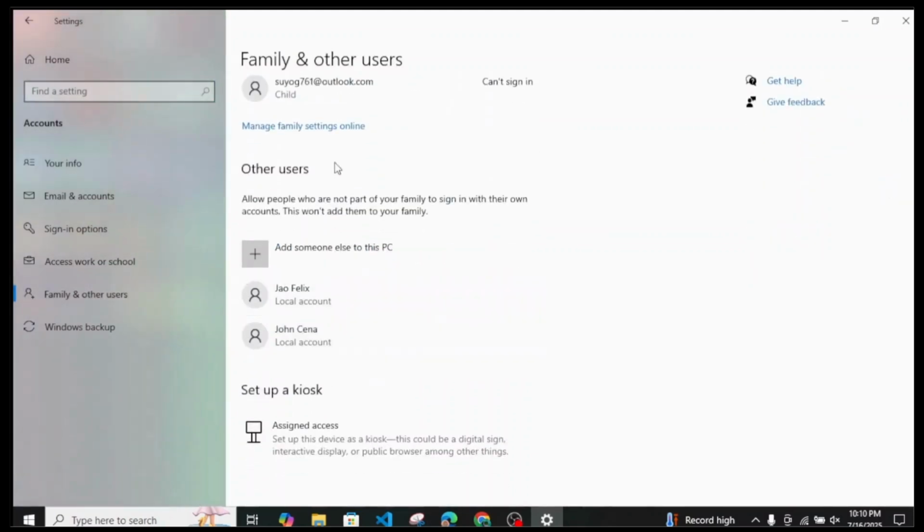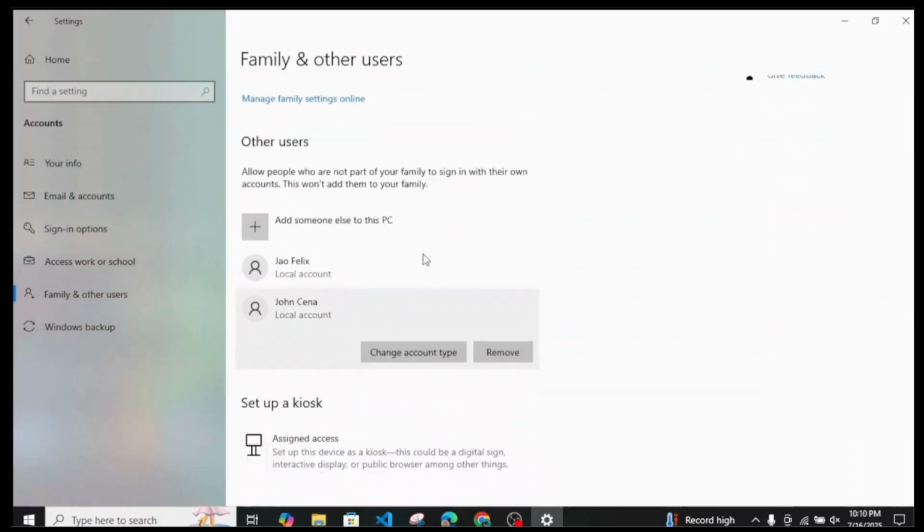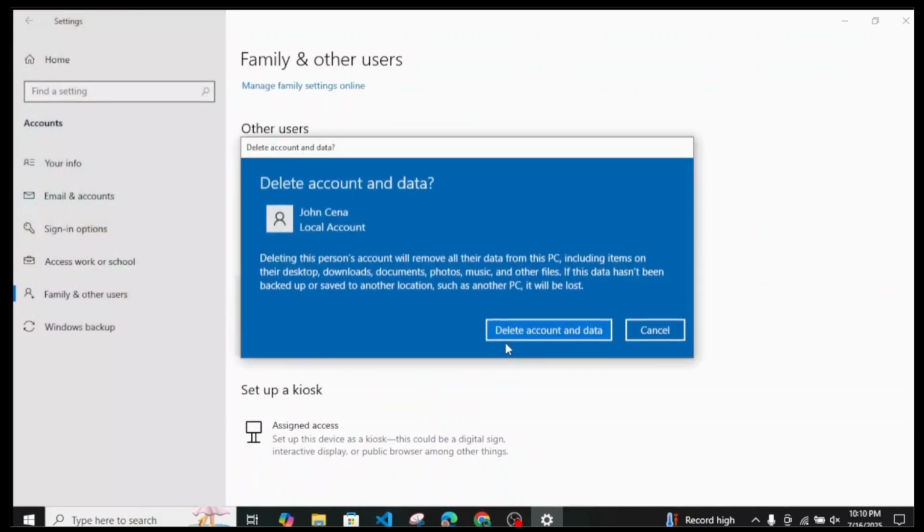Once you open the accounts option, now simply head over to Family and other users over here, where you can easily see under Other users, if you have added one, that is your local account. Now you can just tap on any of the local accounts which you want to remove. You can also change the account type if you want to give a permission such as administrator permission. You can even provide that, but for now just tap on this Remove button over here